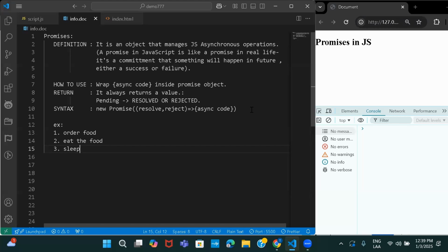So let's understand what are promises in JavaScript. A promise is an object that manages JavaScript asynchronous operations. If you checked out the last session about callback hell, promises help us in resolving the callback hell situation. Whenever you are using a promise in asynchronous operations, you need to follow